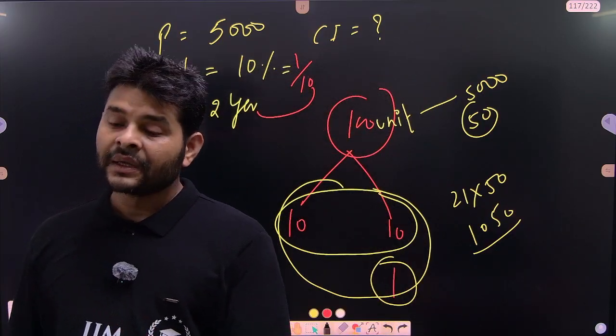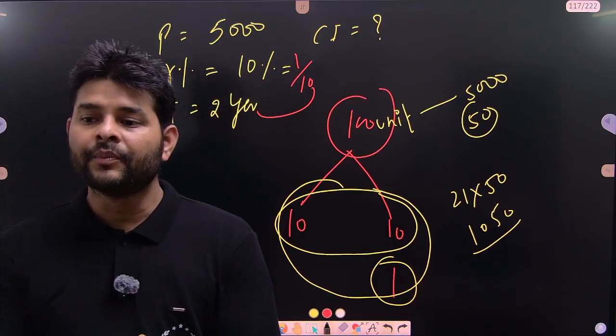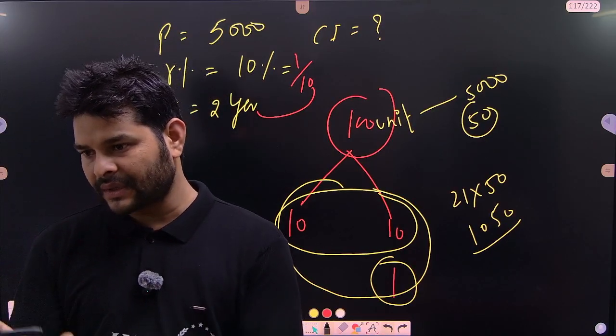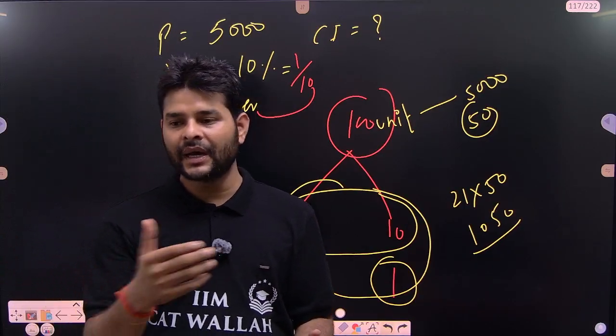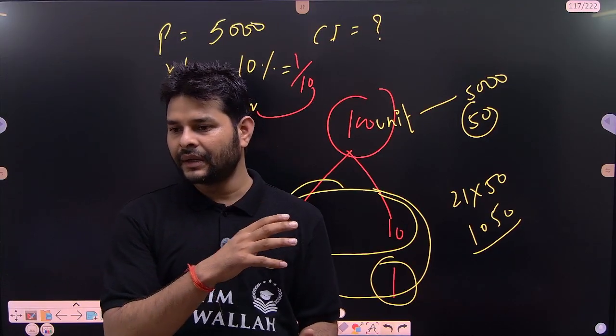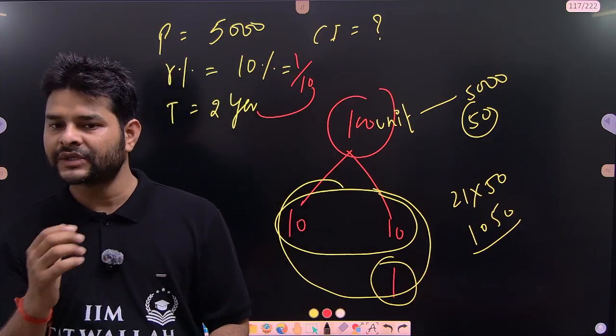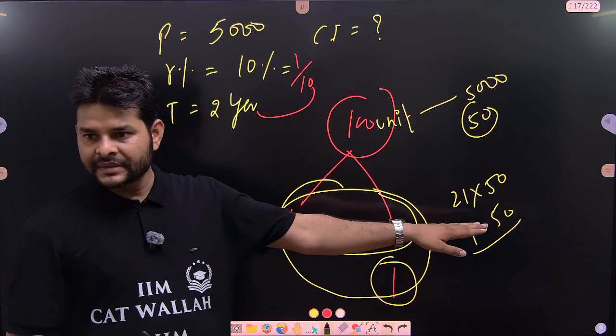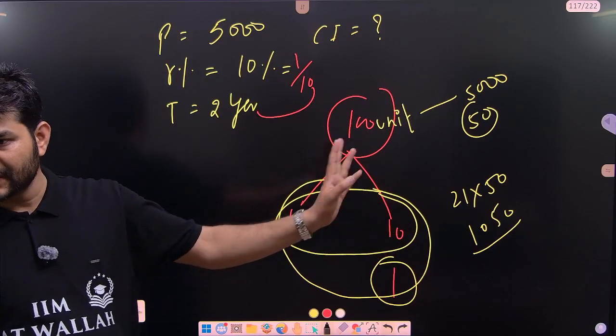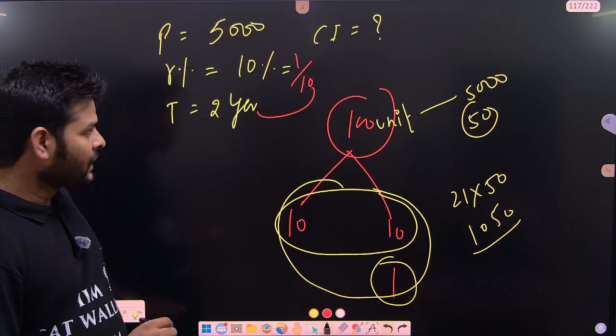That was the tree method. The same question we need to do with the successive method. Why are we learning the successive method here? The reason behind it is that we are going to plug it into installment type questions. Same method, same question, same answer we will get just after plugging in the successive method. What does the successive method say? There is no answer to your whys. Why is this happening? No answer in this method.